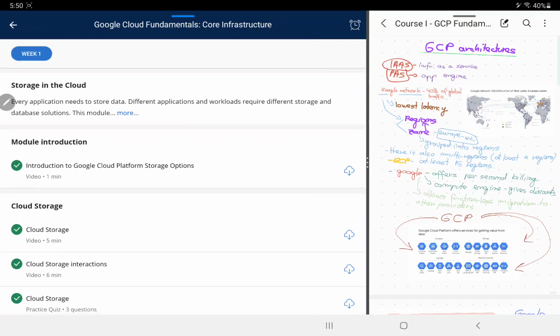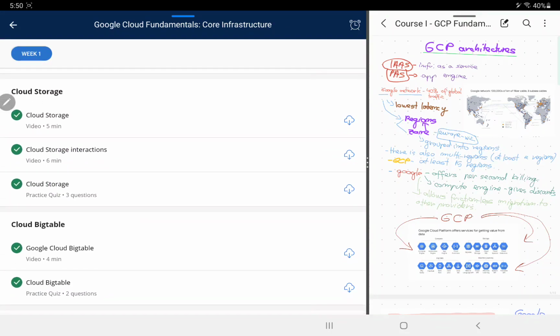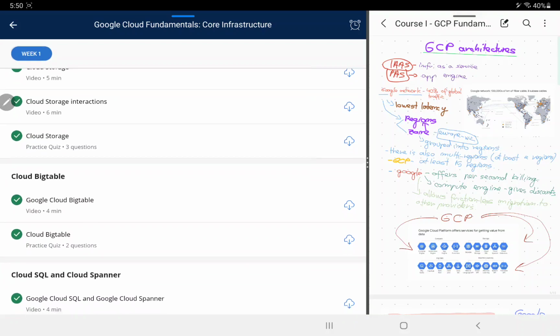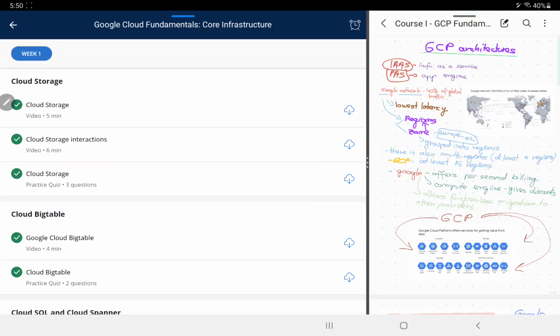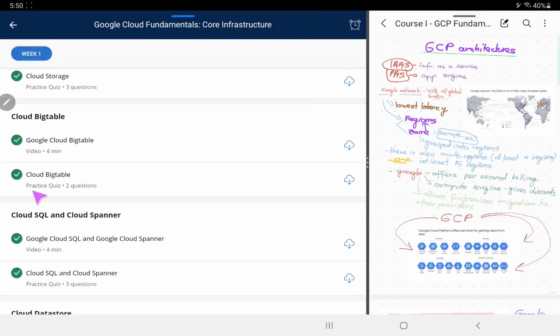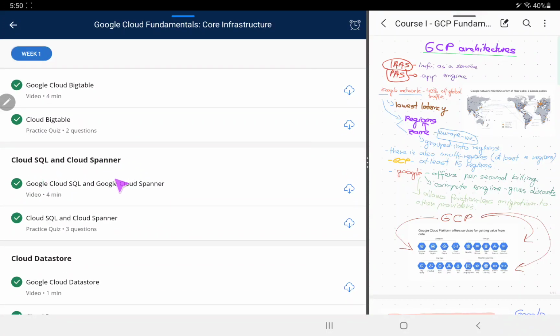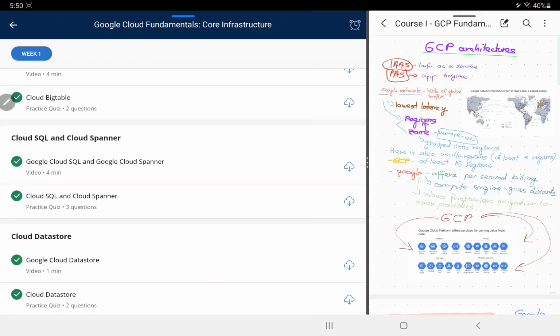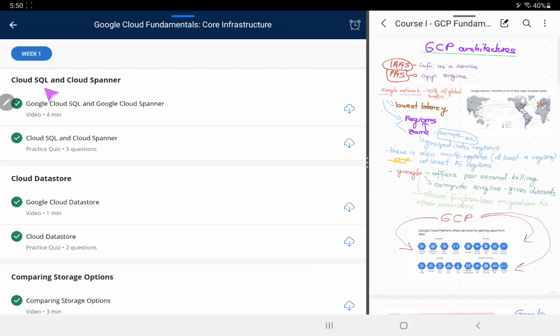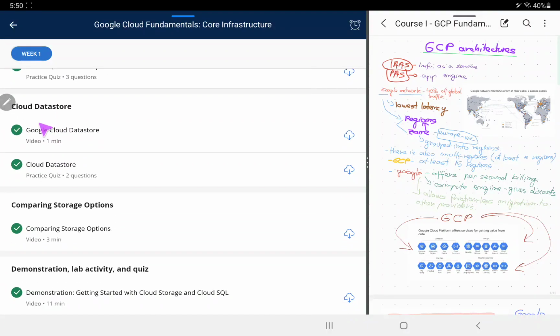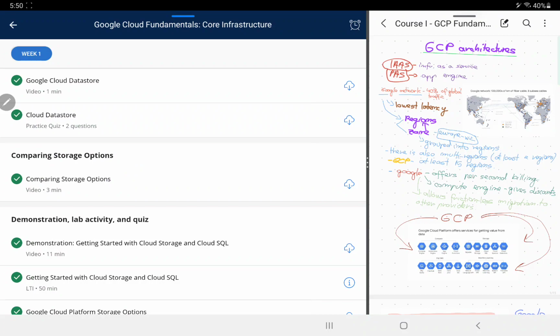In this case, we have GCP buckets. It talks about cloud storage and multiple ways of storing data in the cloud, not only via GCP buckets, but through Cloud Bigtable, Cloud Spanner, depending on the type of work that you're doing, and depending on the resources, and also depending on the amount of time you want your resources to be stored on the cloud. You have multiple options like Cloud SQL, Cloud Spanner, Cloud Datastore,